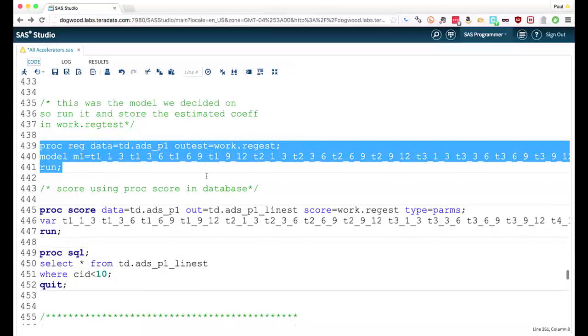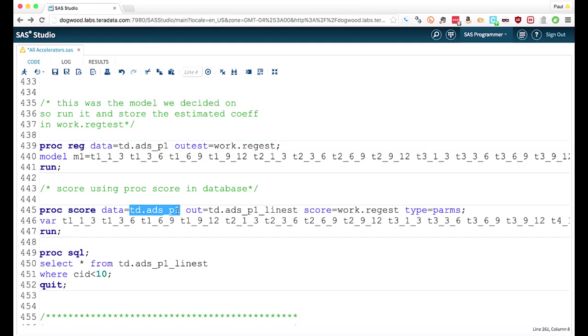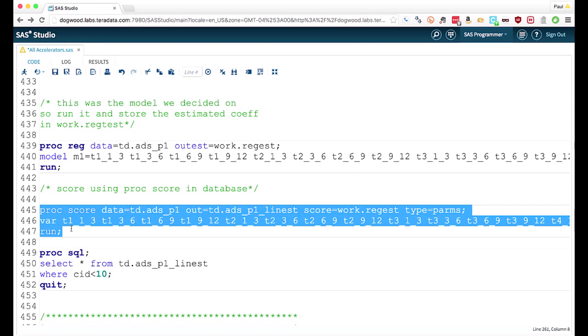Now what I can do is I can actually score that linear model inside the database using proc score. So I'm going to score this data set. The results are going into this table, ADSP1 underscore linest, and it's going to pick up the parameters that I saved in work in the step above. So let's run this,